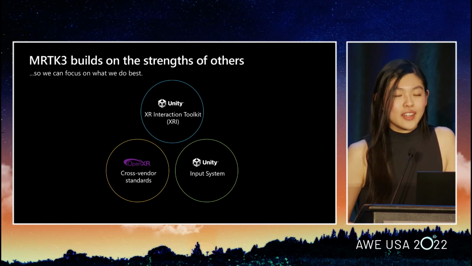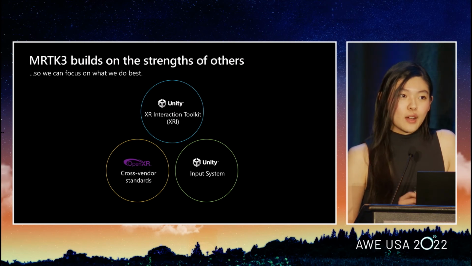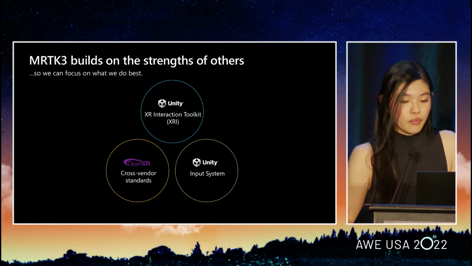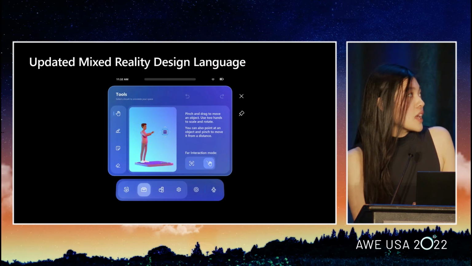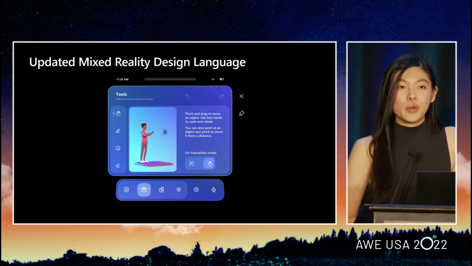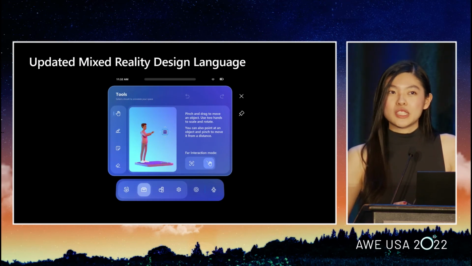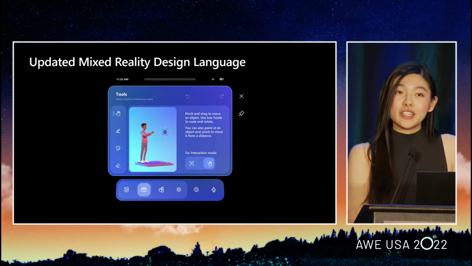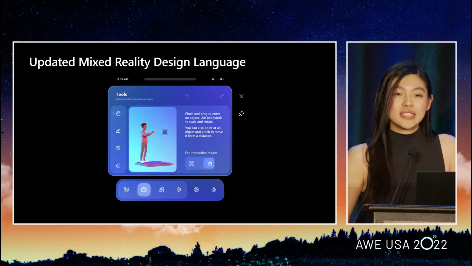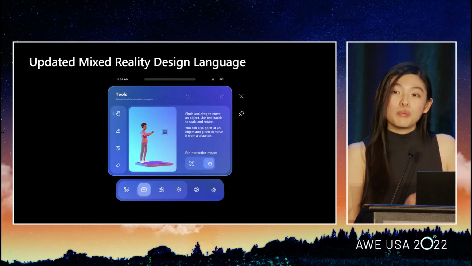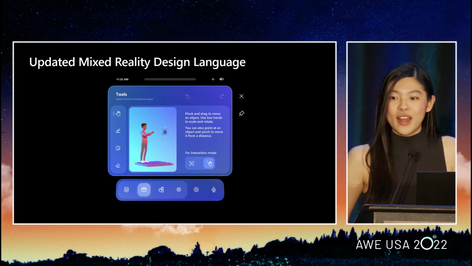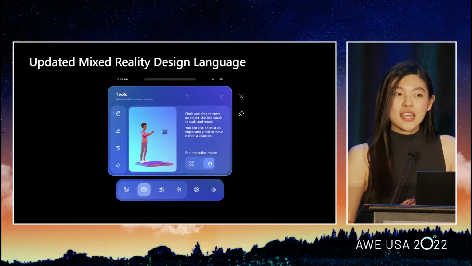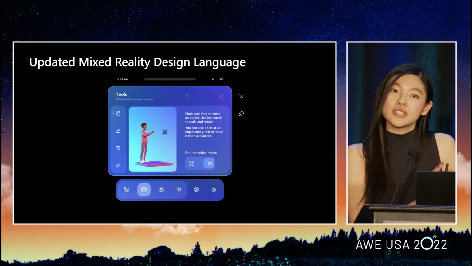So now I want to talk a little bit about the design innovation that we did in MRTK. Here in MRTK3, we introduced a brand new mixed reality design language. This design language is based off of years of research that our design team did with the community and our engineers. And if you've used the Mesh app on HoloLens 2, you may have seen this design in some places already. And to give you a bit of a comparison between the old and new visuals,